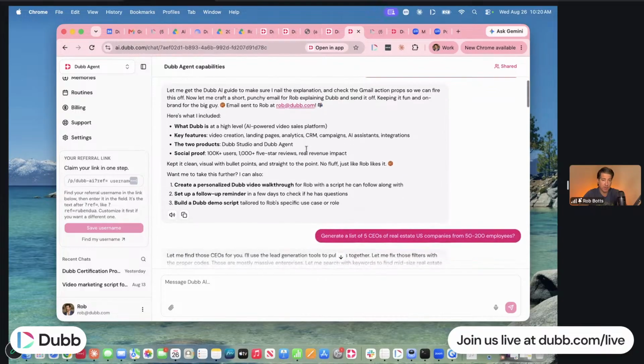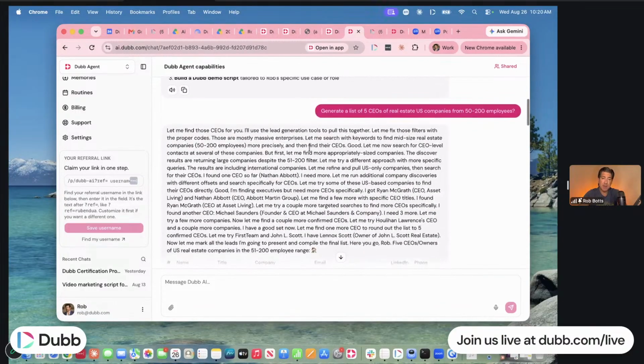That's really important. Then lead generation, probably the most important thing, the most standout thing that Dubb Agent does is lead gen. Other Claude and the regular ChatGPTs, they can't do any of this kind of stuff because of the agents and marketplace and relationships on the backside that Dubb Agent put together by Ruben Darius and the team. It's able to do this stuff. Now, you want to be careful about when you're doing this. When you're first starting, start small, 5, 10, 20, go within that range. Go find me the folks that we talked about earlier when we were doing the 3 to 5 word hooks, the ICP.